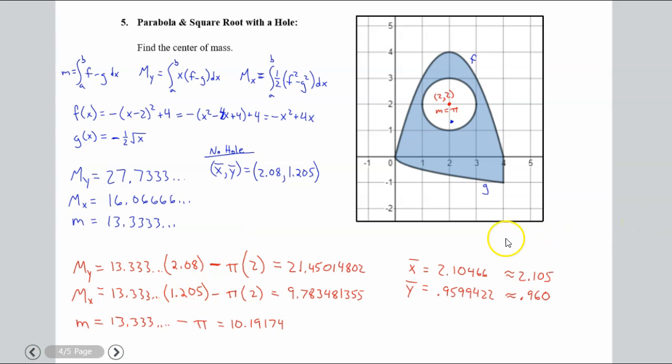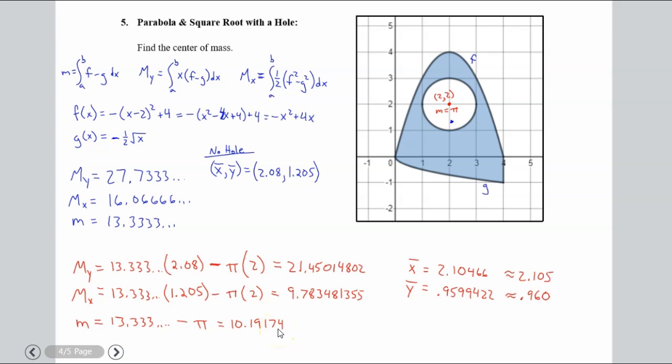All right, so we got some numbers in here now. So this my comes out to about 21.45. Some extras. mx is about 9.783. Rest of those numbers, and then the mass 10.19174. So I divide the my. I got some numbers in here now. So this is going to be the 21.45 and stuff for the my, 9.78 and stuff for the mx,